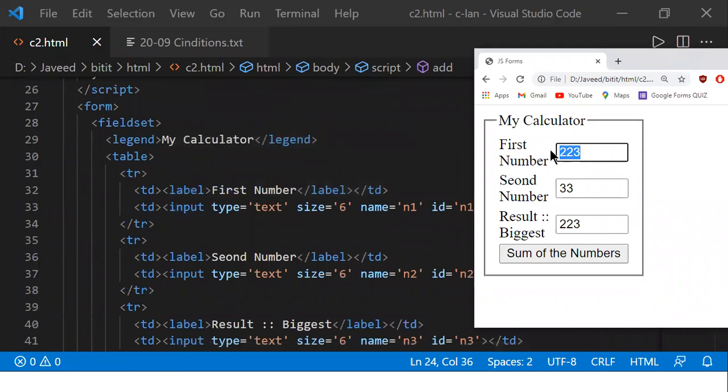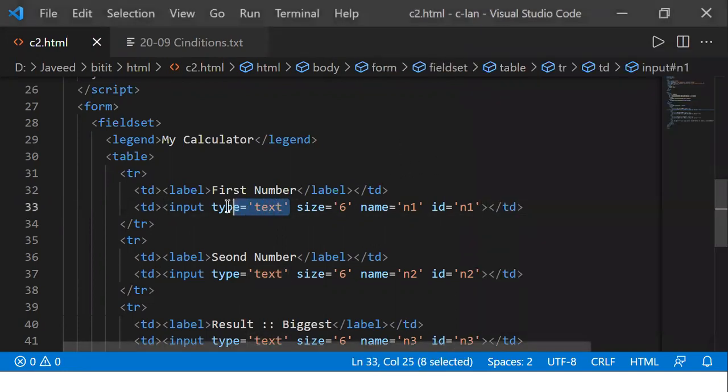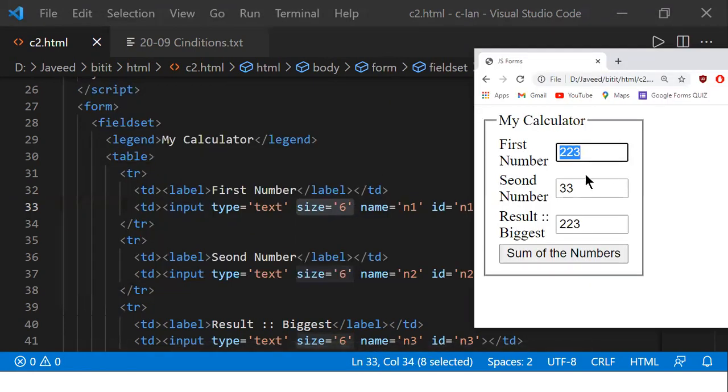So then what we do is we'll be making a text element, will be using it, and we allow the user to type free text, whatever text he wants to enter. The text may be a number or the text may be alphabet, but I want to have numbers there. So I'm using the first number there, and then I'm doing the rest of the things. Now, when designing a text control, input type is equal to text, I'm using it, and then I'm using the size attribute there. So what is the use of this attribute called size? You're going to tell what should be the size of your control, right?